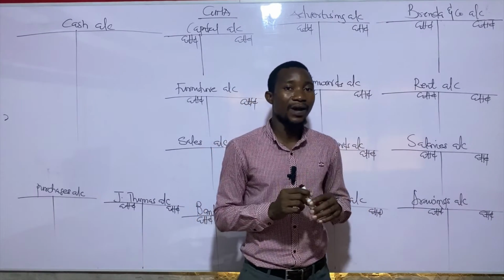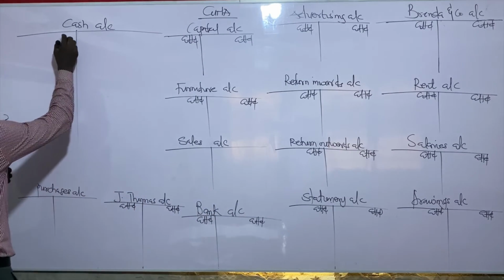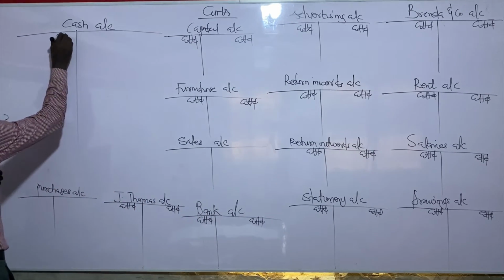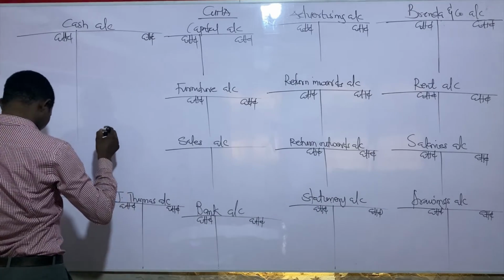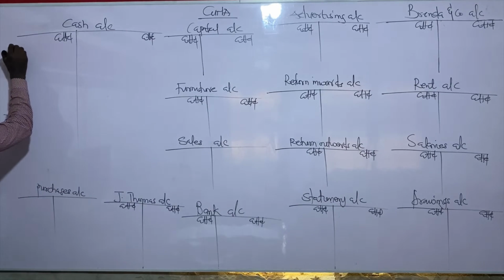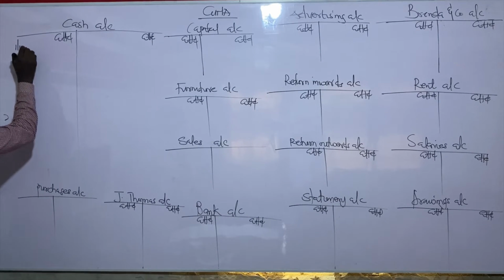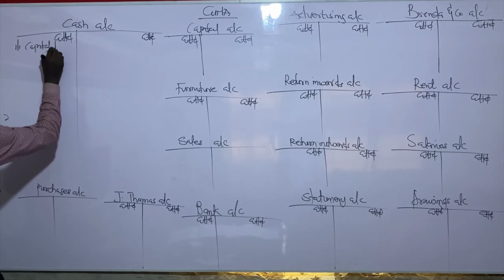That is the rule for real account. So we come to our cash account. So we debit cash account. That was on the 1st of January. It was capital being introduced. And the amount was